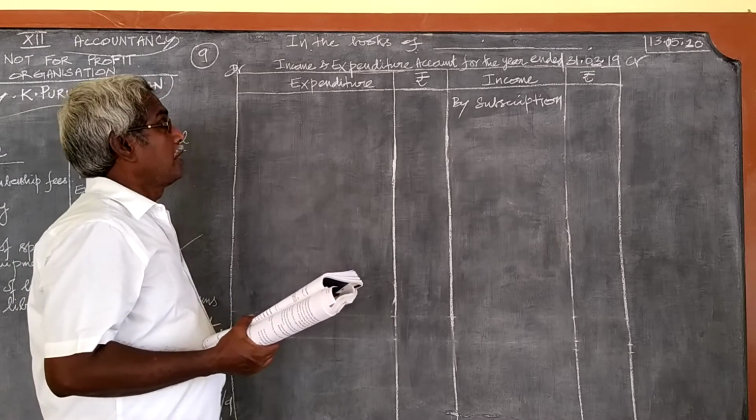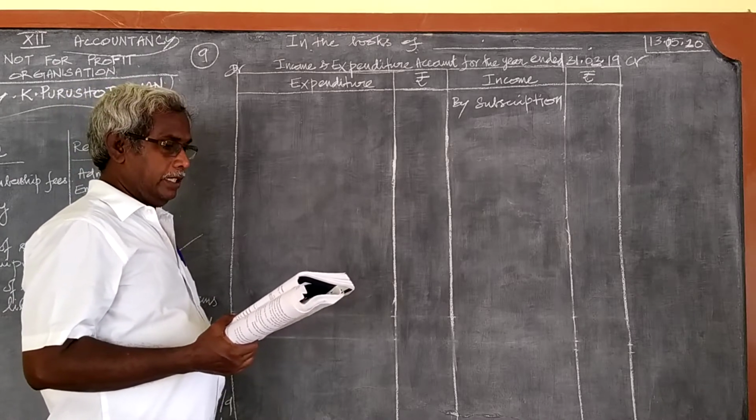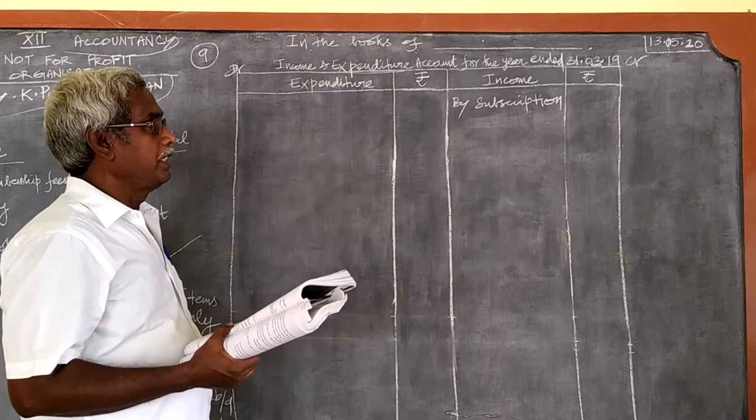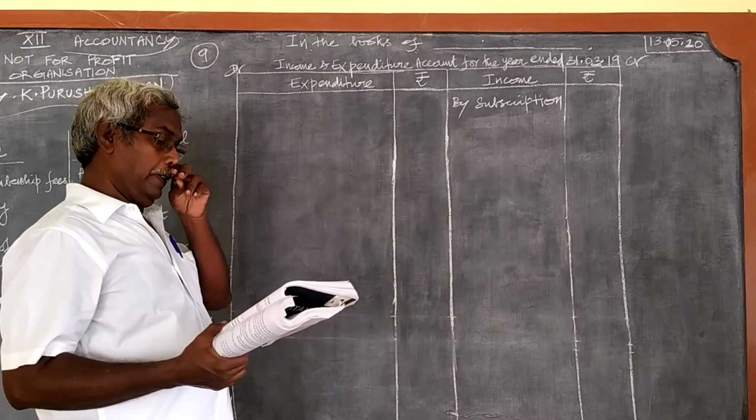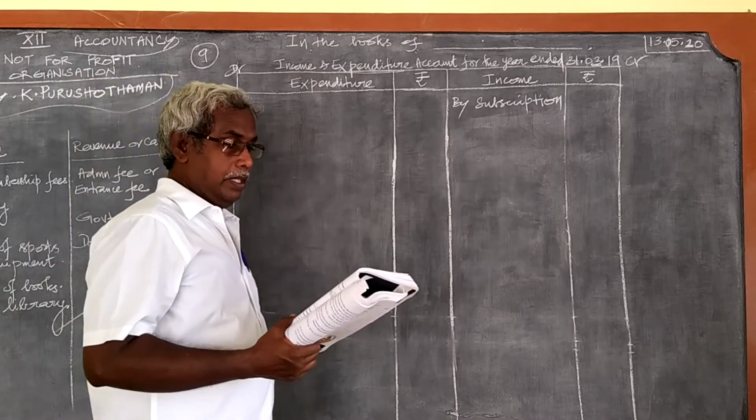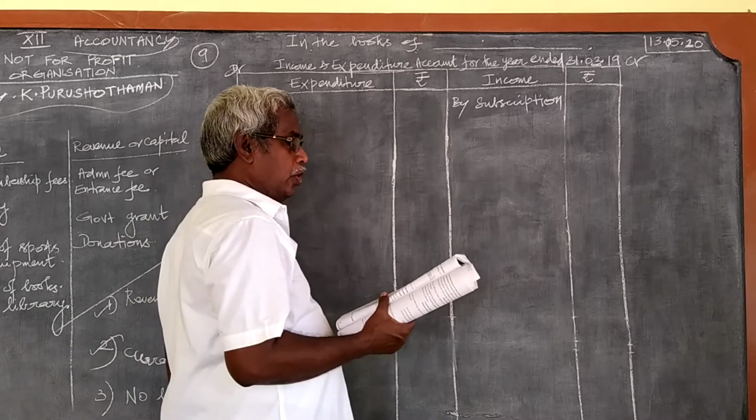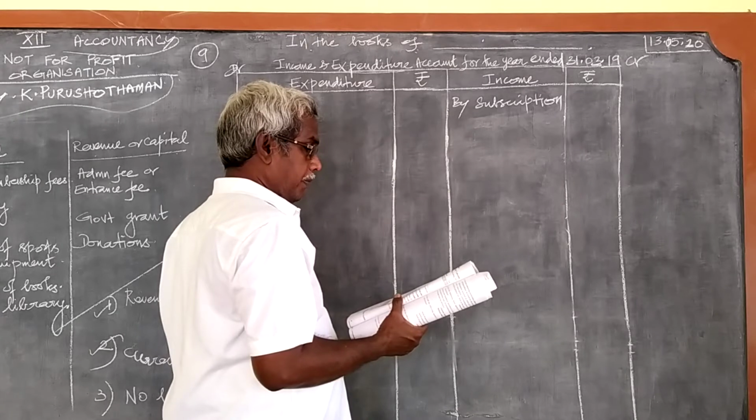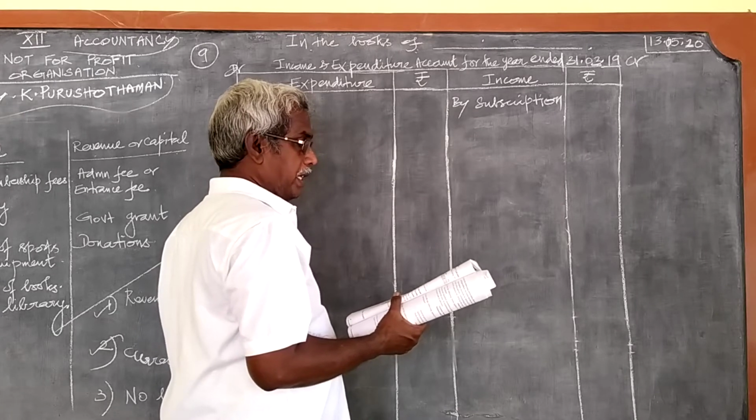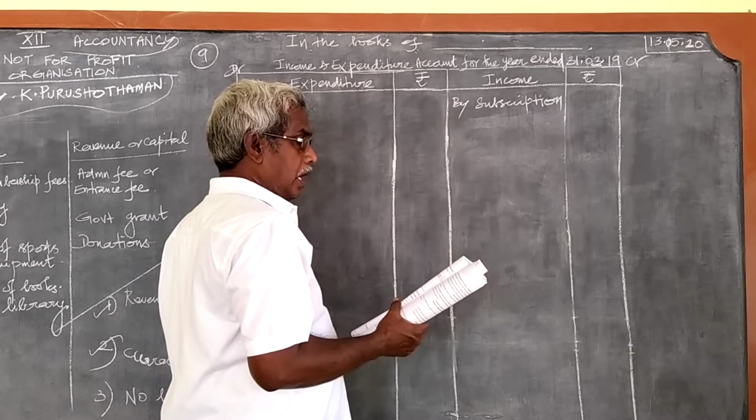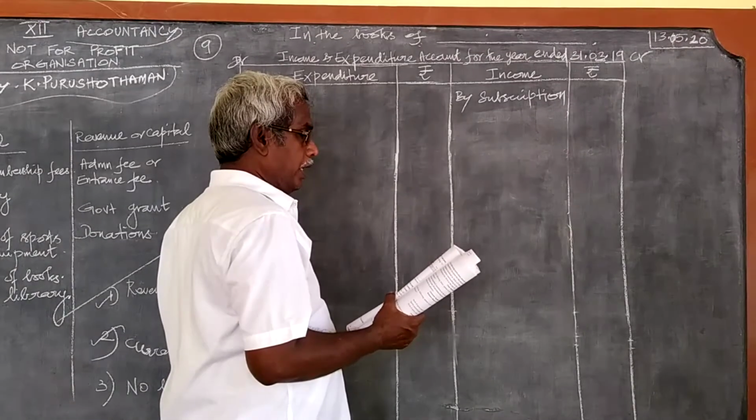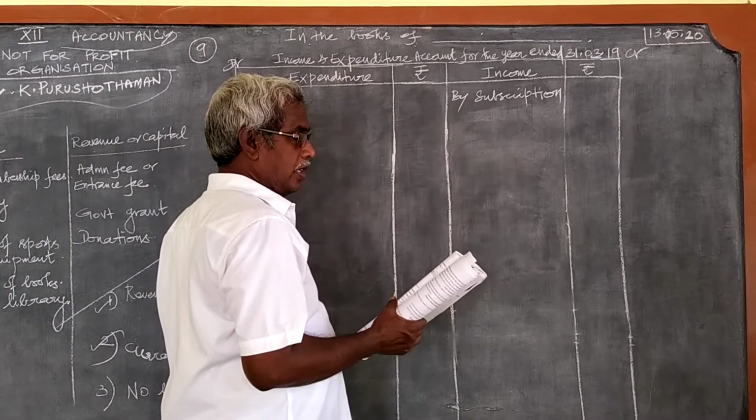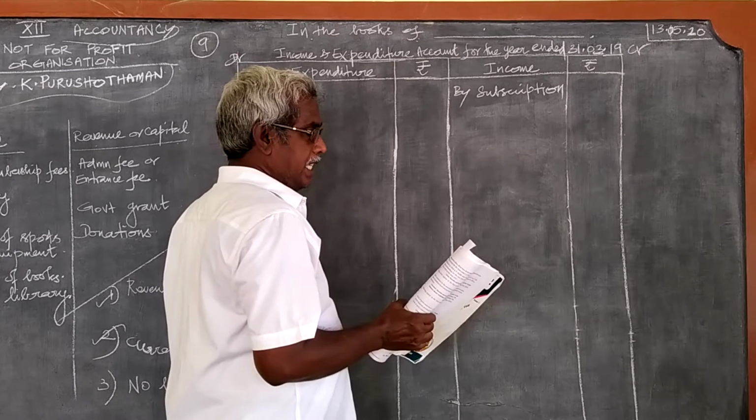Now, we shall pass on to question number 9. This is also connected with the subscription, but with a different idea. For what year will we have to prepare the income and expenditure account? How will the following appear in the final accounts of a club for the year